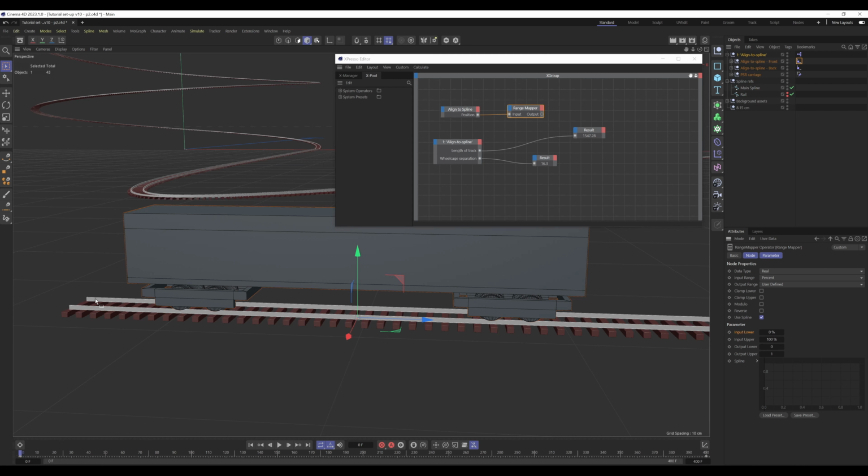Now the lower 0% corresponds to 0, which in this context is going to be in relation to the spline. So this is 0 centimeters on the spline. This at the moment 100% refers to 1 centimeter on the spline, which is not what we want. We want this, the length of the track. So we're going to put that in the output upper. So now we plug this into the result, 7.162. So basically